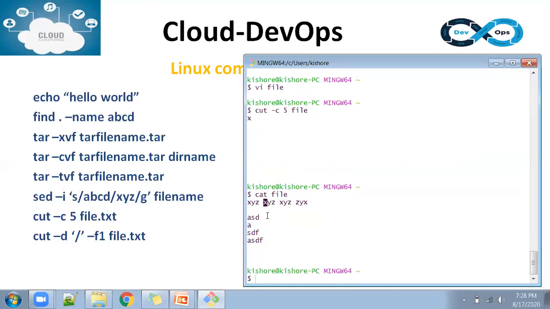So it prints the specific column, and where the remaining lines don't have anything, it doesn't print anything. If you want to print, for example, the first column, you can give 1, so it will only print the first column. The first column has X, A, S, A. That is the use of the cut command.